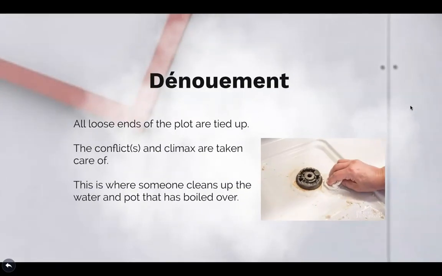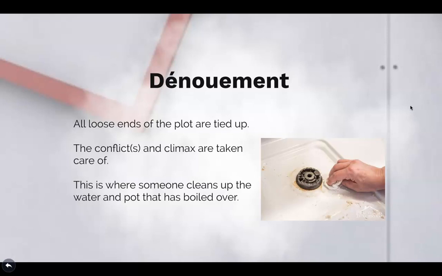Once we reach the climax of a story and the problem has been resolved, whether for good or evil, the denouement is the unraveling of the story. It's the untying. It's where all of that pressure from the rising action is released slowly. It's a way that an author can respectfully retire the characters toward the end of the story. All the loose ends are cleaned up. All of those questions that we had throughout the story are answered.